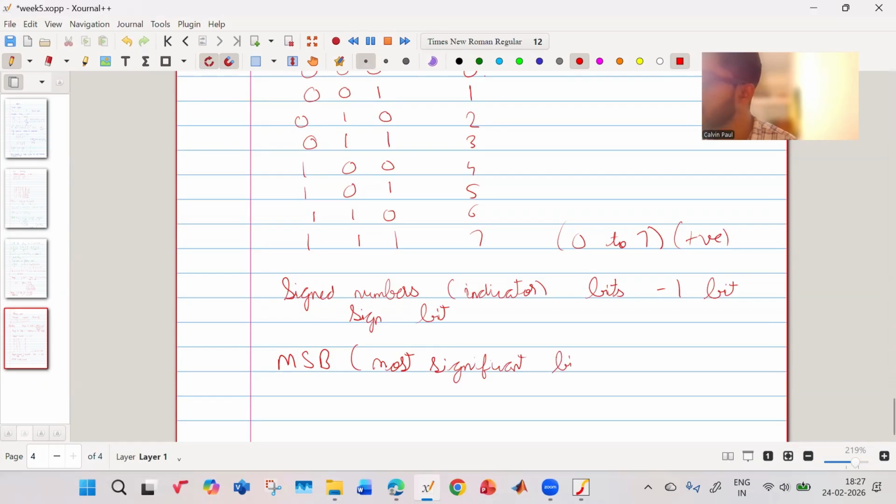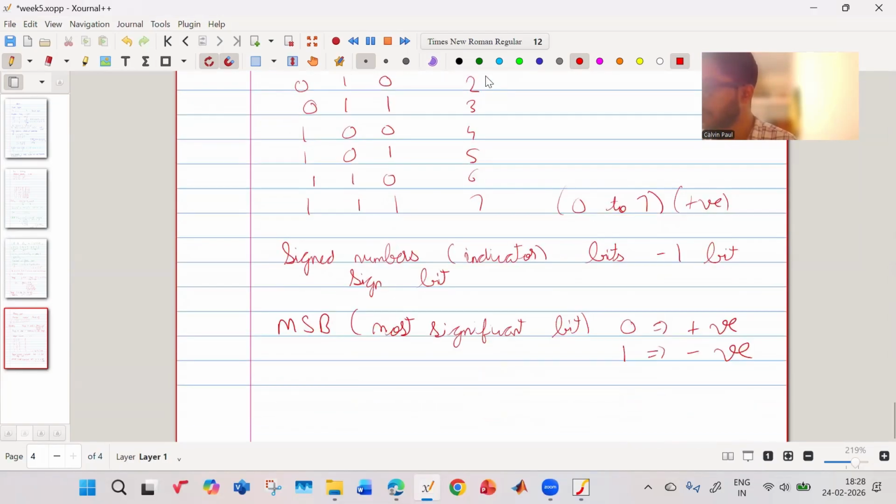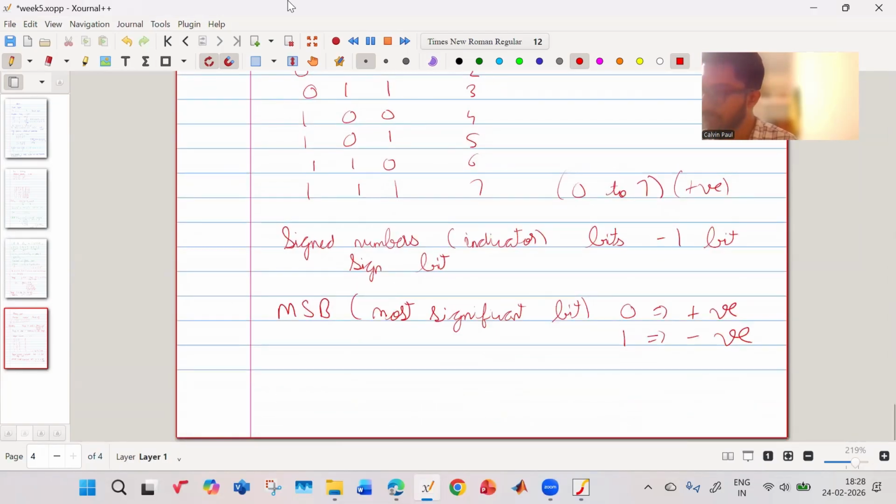So this most significant bit represents whether it is positive or negative. If your MSB is 0, it means your number is positive. If your MSB is 1, it means your number is negative. Okay? 0 means it is positive, 1 means it is negative. All right. So now